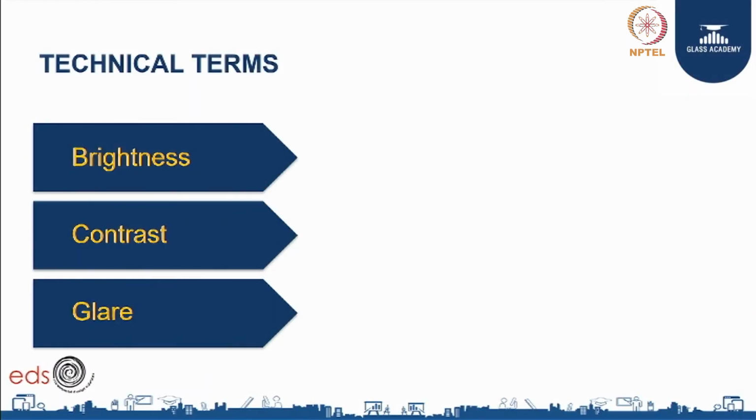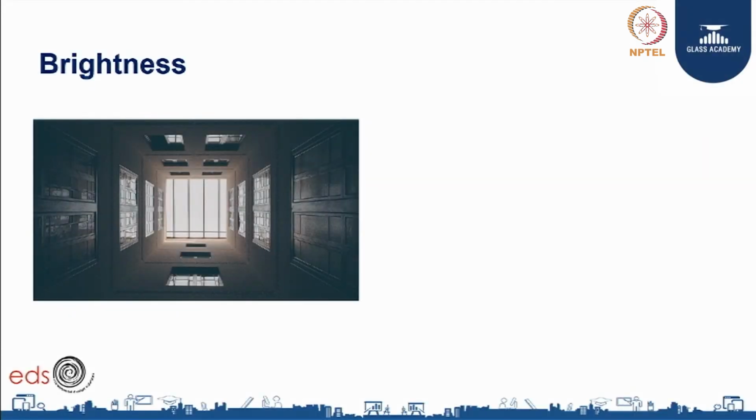Again, let's understand in more detail the qualitative terms. That brings us to the three qualitative terms, which are brightness, contrast, and glare. Let's start with brightness. As we have already explained, human beings judge the brightness of an object relative to the brightness of the surroundings. So brightness cannot be measured. It is basically human perception depending on the surrounding conditions. How bright are the surroundings, what are the surface materials, you perceive brightness to that extent.